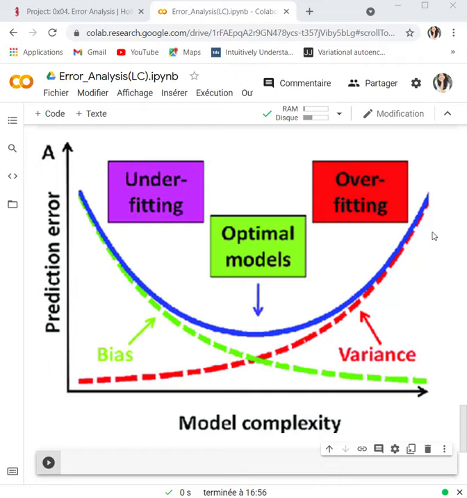A machine learning model with high variance becomes highly flexible with respect to the data points of the dataset, so it will be very tied to the features and then it will overfit. It will learn your training data very closely, and then you will have big loss values or low accuracy on your test data.